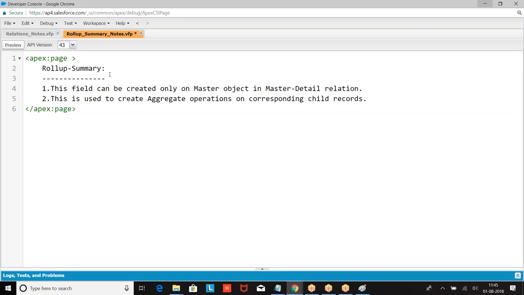This is used to create aggregate operations on the corresponding child records.